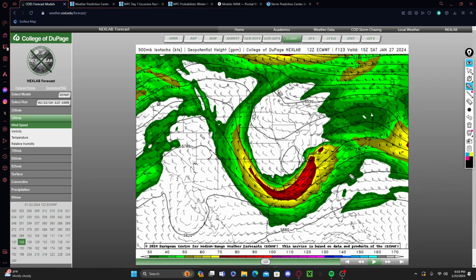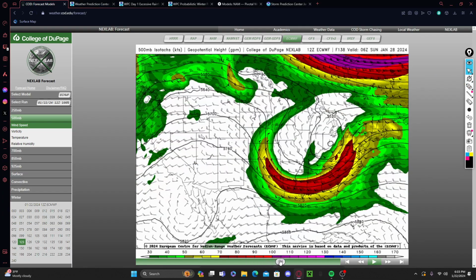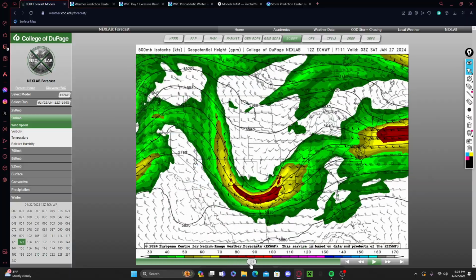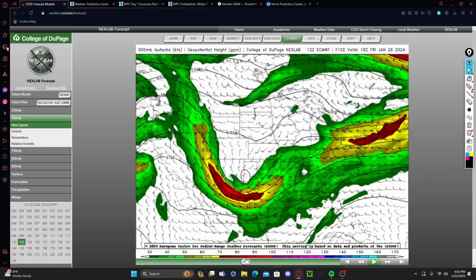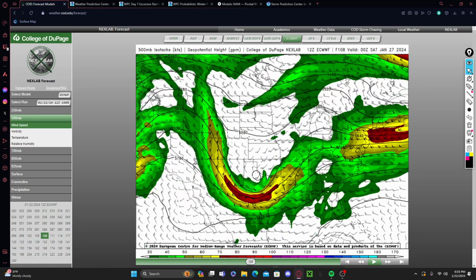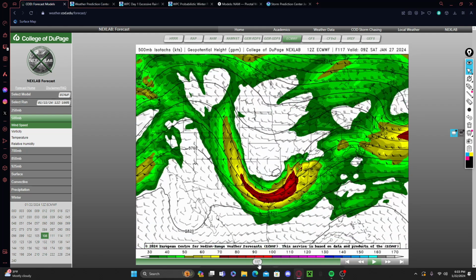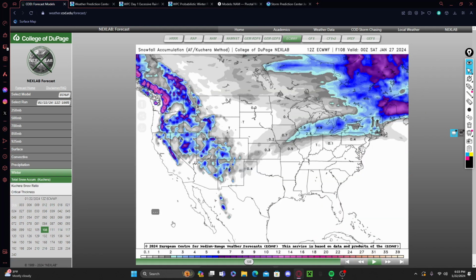So we're going to see how that happens on that day as well. I'll probably have another update for that as it gets closer to that day, but it's definitely something to look out for, right? So again, all this low pressure just building up, and eventually it ejects off to the northeast as well. So I'll look at that in the future, but as a TLDR of this forecast,